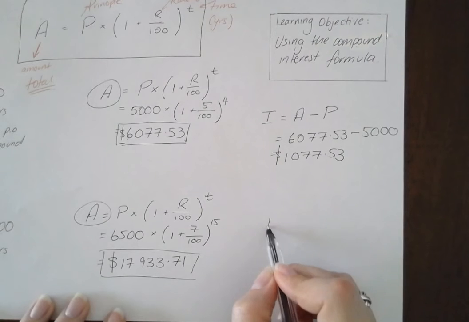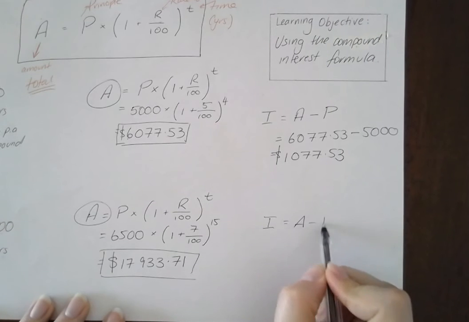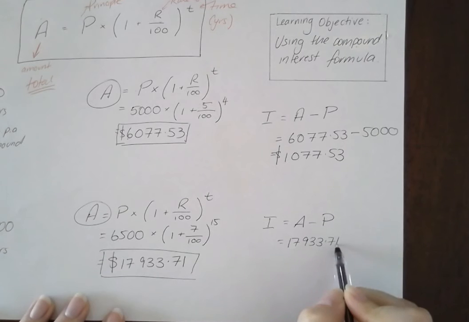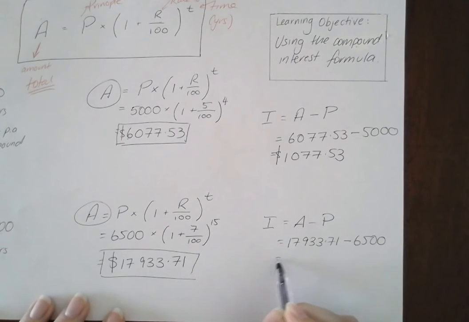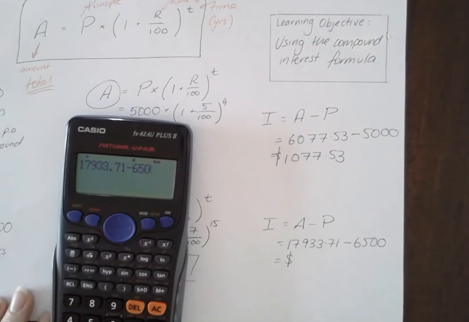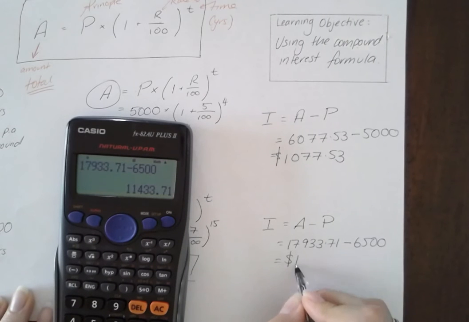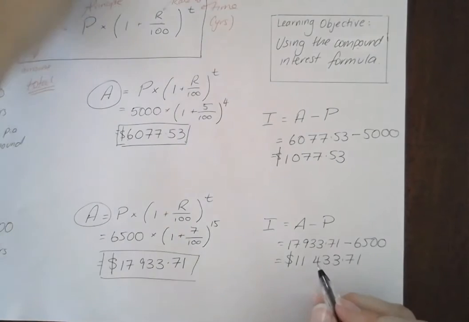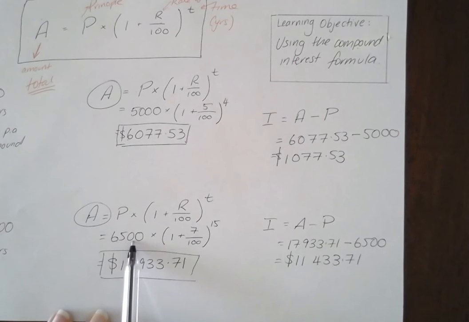And down here, a bit different again, interest equals A take P. All right, our total value, take away our initial value or our principal. So that will be 17,933.71, take away our 6500, which I'll do on the calculator. And that will give us $11,433.71. So what that's saying is, if you leave $6,500 in a bank account with a 7% interest rate for